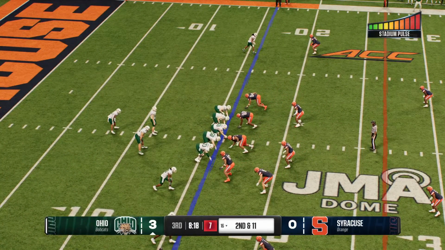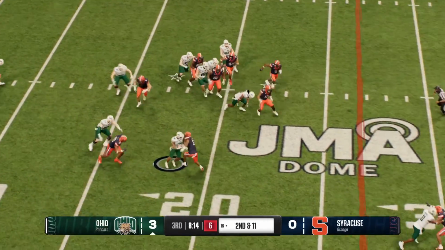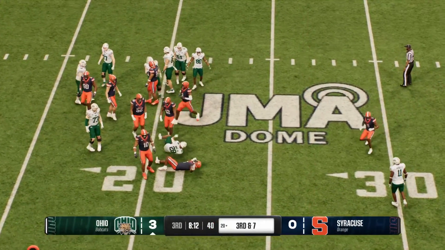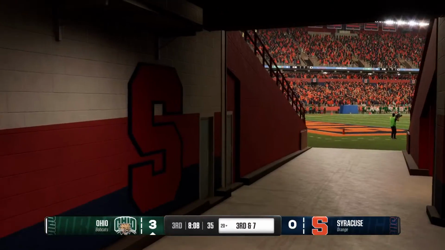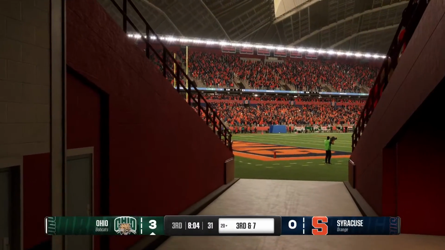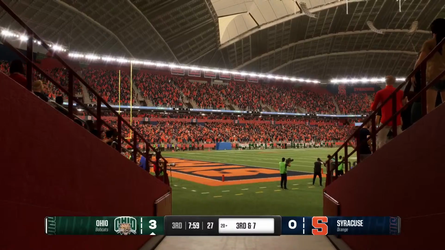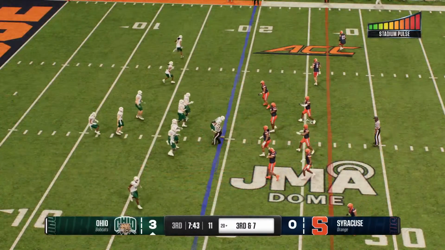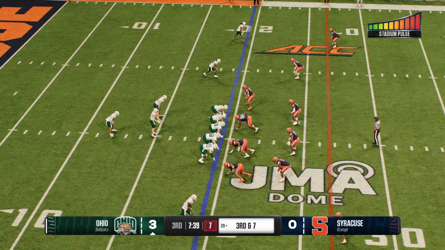It's 2nd and 11. They'll go right back to him. Gets it out to the 20 after a pickup of 4. I think one of the hardest things to do is stick to the run when it's not working. But it's those runs right there that are the reason why you have to do it, right? You can't get too one-dimensional. Keep slipping those runs in there. Keep getting a little bit of positive yards. Next thing you know, you look up and you might break one of those after you got them a little